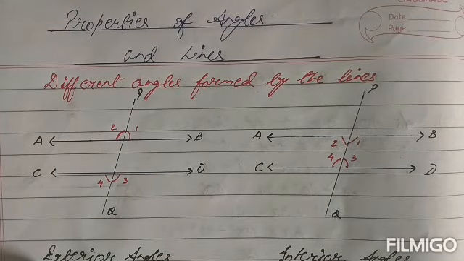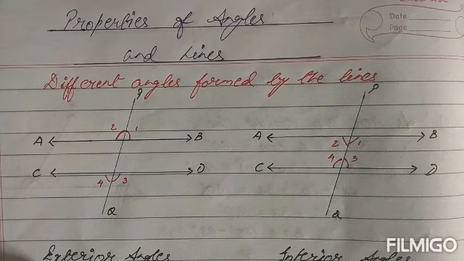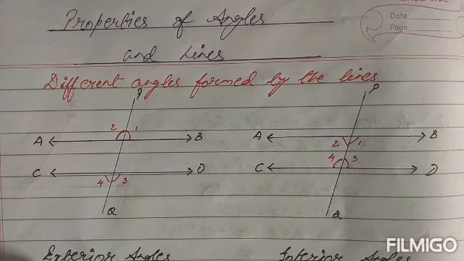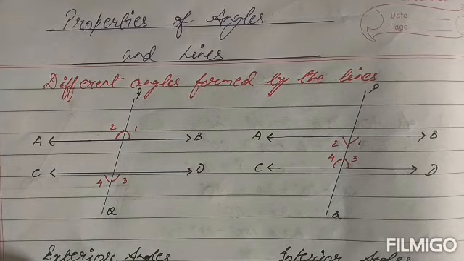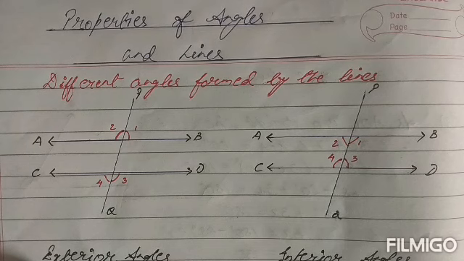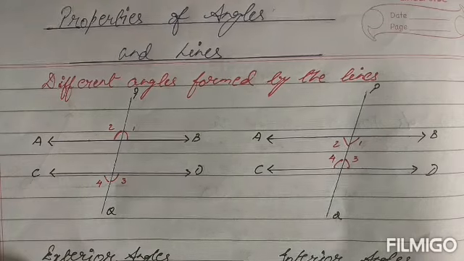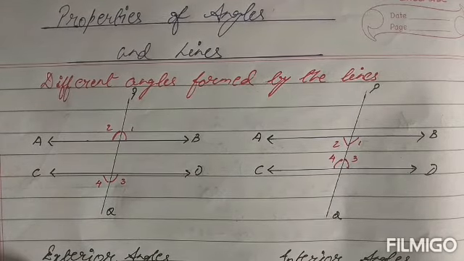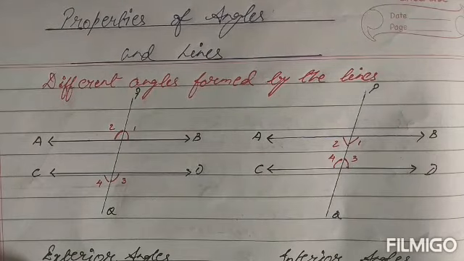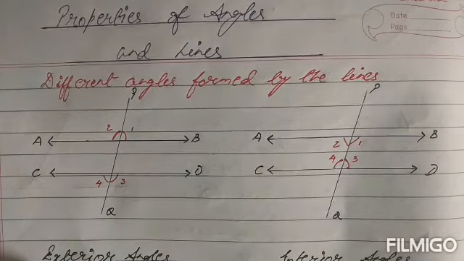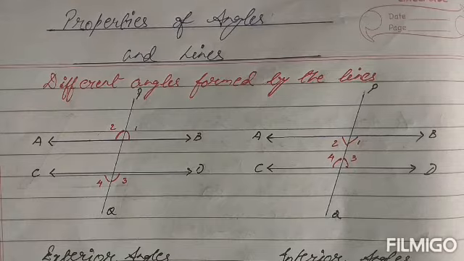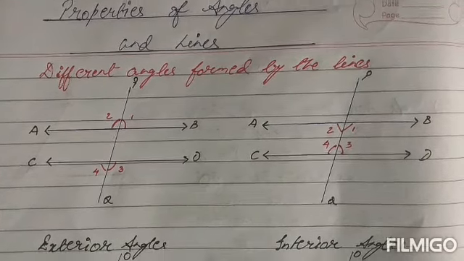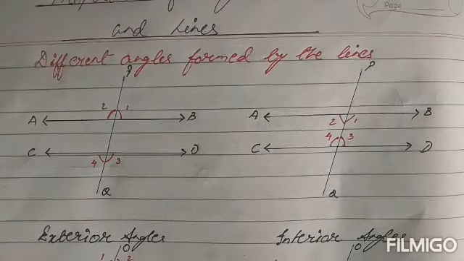In both the figures you can see I have drawn the parallel lines and I have drawn PQ as the transversal. Now once the parallel lines and the transversals are there, children, together they form a number of angles. The pairs of angles are formed, and that is what we are going to learn in this part of the lesson. So we begin with the simplest of all, the exterior angles and the interior angles. Now let's see what the exterior and the interior angles are.